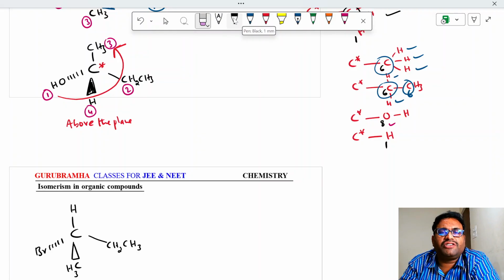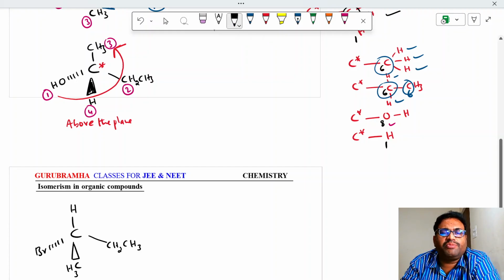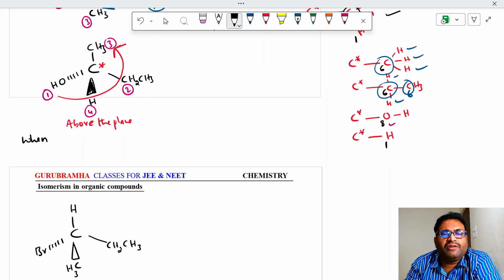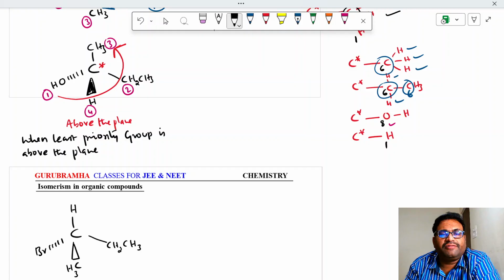So you can state it: when the least priority group is above the plane, or towards the observer,